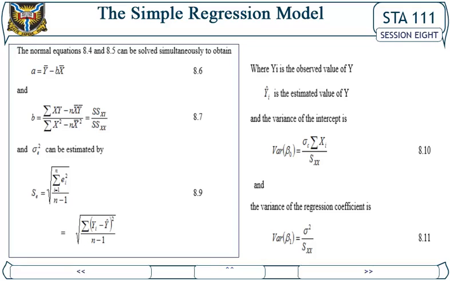A and B is equal to the following, and the variance can be estimated by the following, where yi is the observed value of y, and yi-hat is the estimated value of y. The variance of the intercept is as follows, and the variance of the regression coefficient is